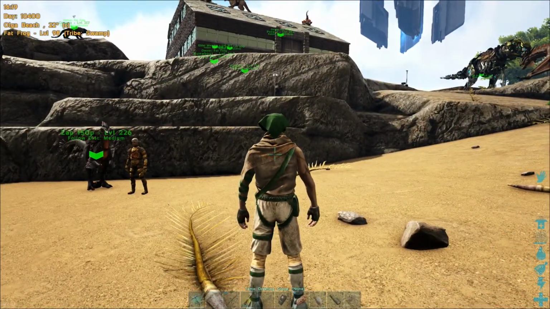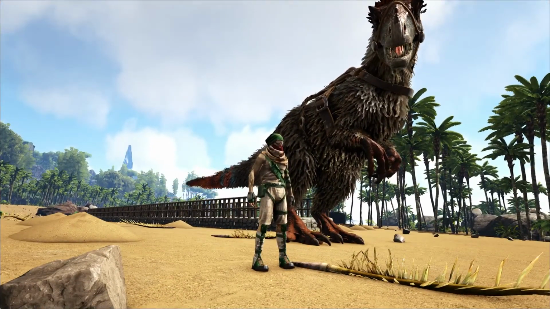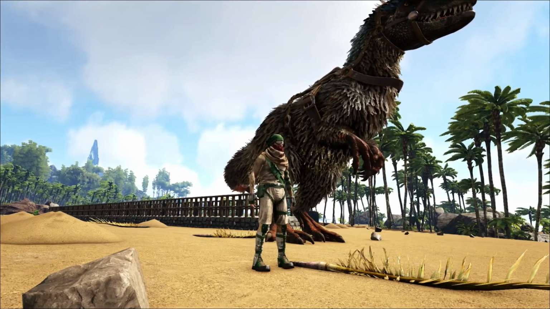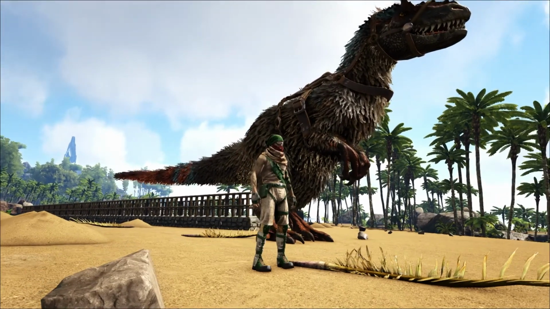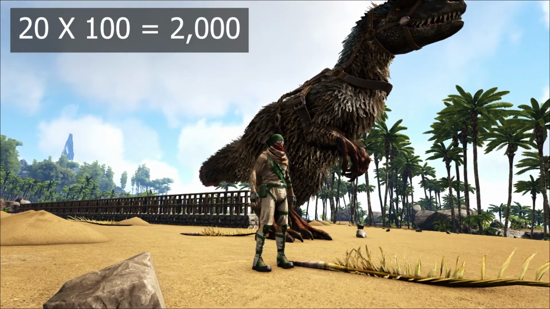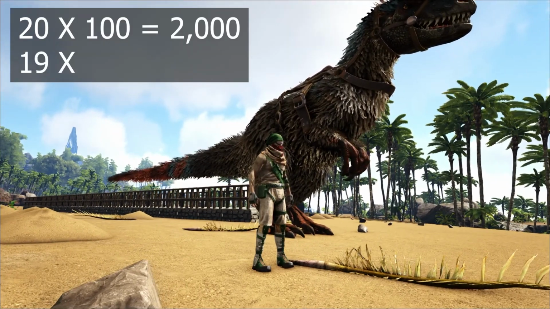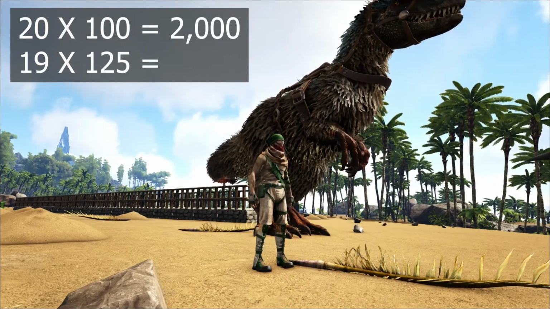So let's take a little look at the math. If we're thinking about bringing one of these guys into a boss arena, let's see what that would mean. In a boss arena, you can usually have 20 creatures. Let's say we've all got a crap level T-Rex that's doing 100 damage. So they're going to be able to do, just for the sake of argument, output damage of 2,000 altogether. Now, if we add just one Yutyrannus to the mix, we're down to 19 T-Rexes. With that buff, they're doing 125 damage per second. And so that means the 19 total are going to do